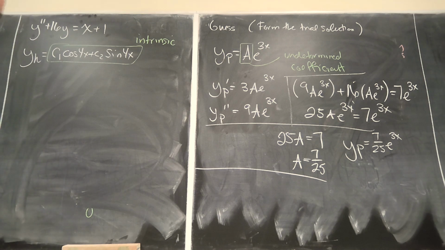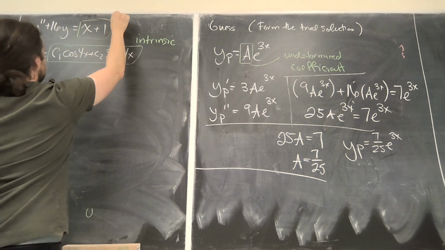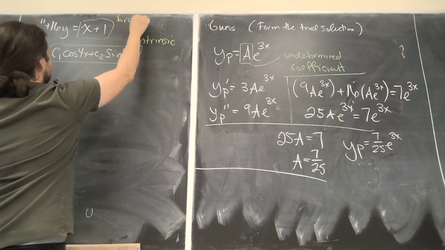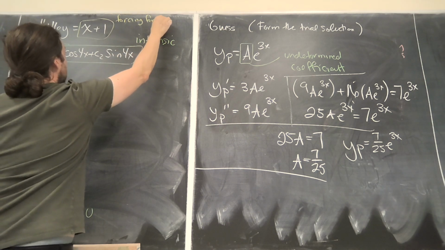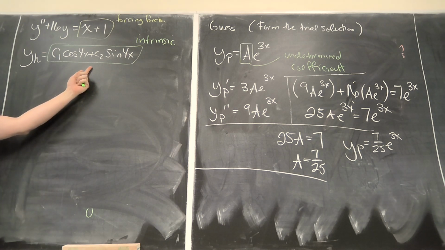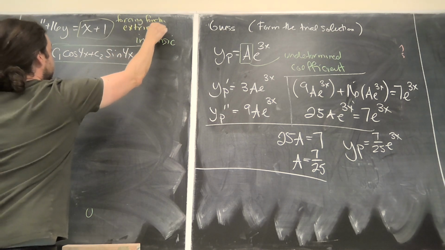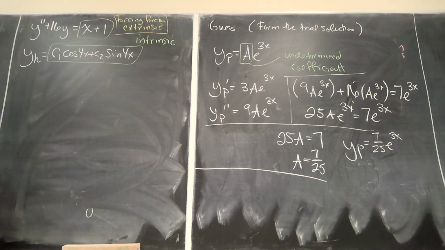This guy, which I call the forcing function, you should think about this as extrinsic. The forcing function is imposing more structure or more behavior onto the system than was originally there. If a mass spring system is wobbling and you start just randomly shaking it up and down while it's wobbling, it's not going to do what it naturally wants to do. It's going to respond to the force that you act on it with. So the forcing function is extrinsic. And it results in an extrinsic solution, which is what the particular